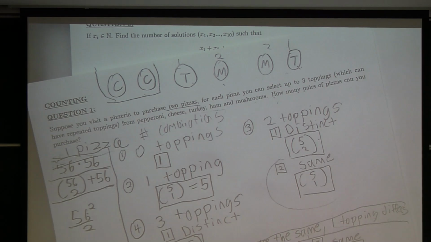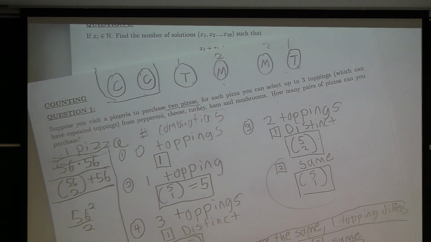I've got two questions. First, for the 3 toppings case, why don't we consider 1 topping being the same and 2 toppings different? So you're saying, can you repeat that? Yeah, sorry. For the 3 toppings case, you only mentioned 2 toppings being the same and the 3rd topping being different. But why don't we consider 2 toppings different and the 3rd topping is